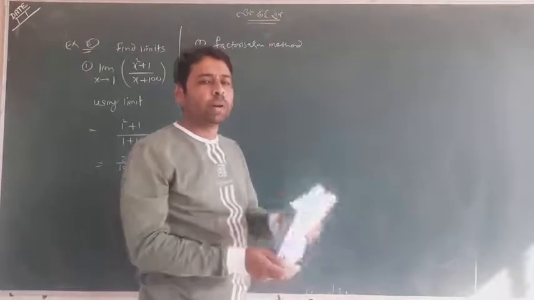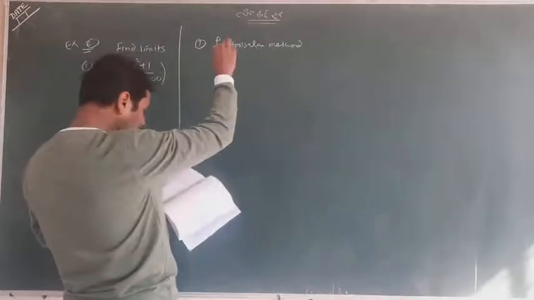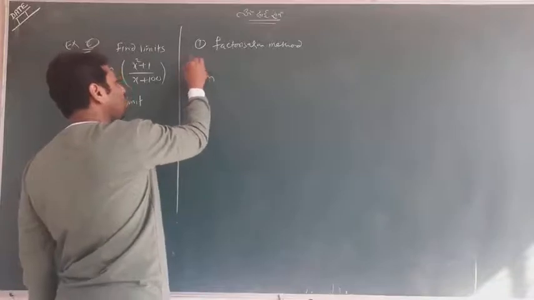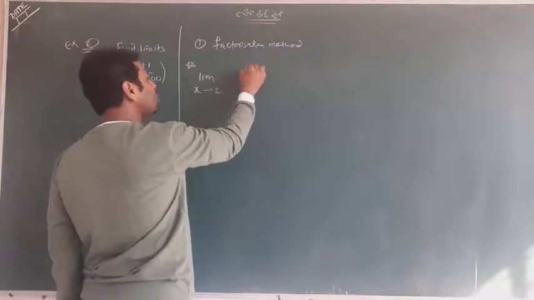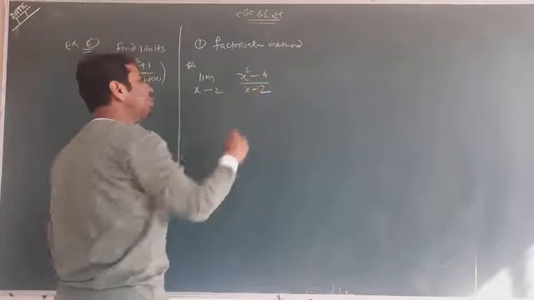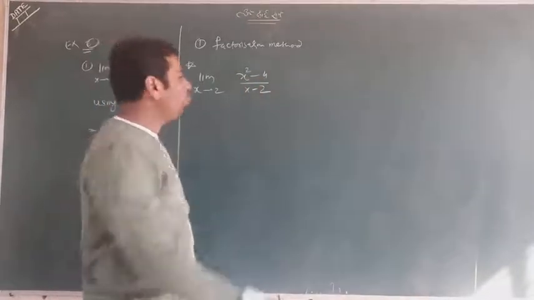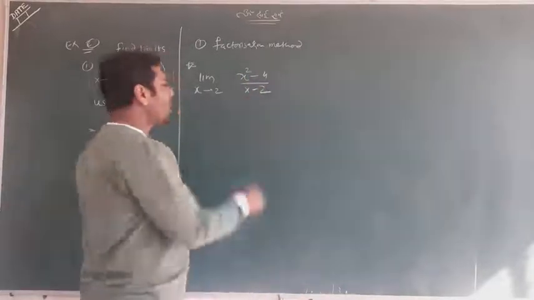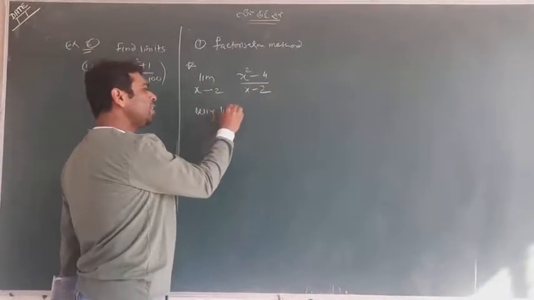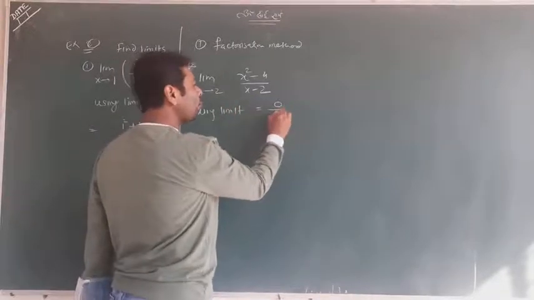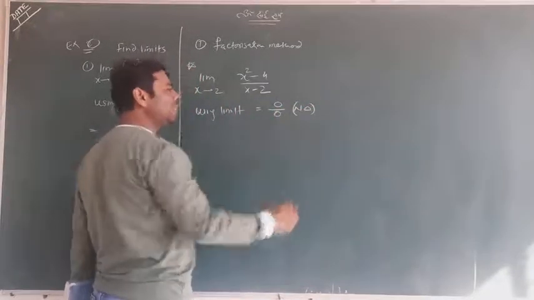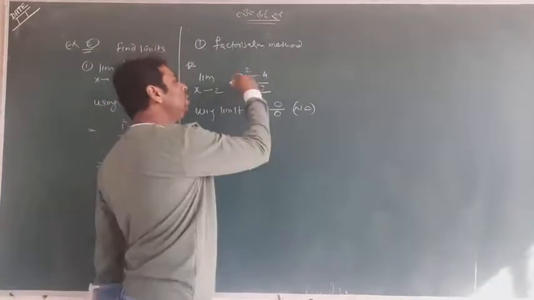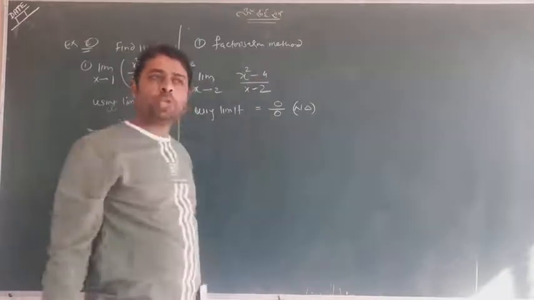How does it work? Look, I tell you. I have question numbers from the book, but I am not telling you right now. First I just want to tell you a question from my side only. Suppose my question is x square minus 4 upon x minus 2. This is my question. If you put the value 2, square 4 minus 4 is 0 upon 0. You know that after putting the limit, if the answer is 0 upon 0, it is not defined. I recently taught you that whenever this kind of condition comes, you need to solve, you need to simplify the term.